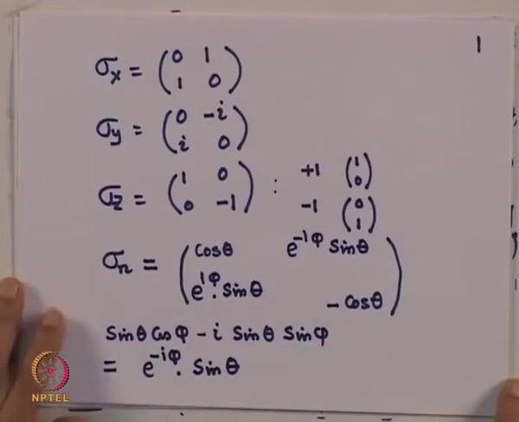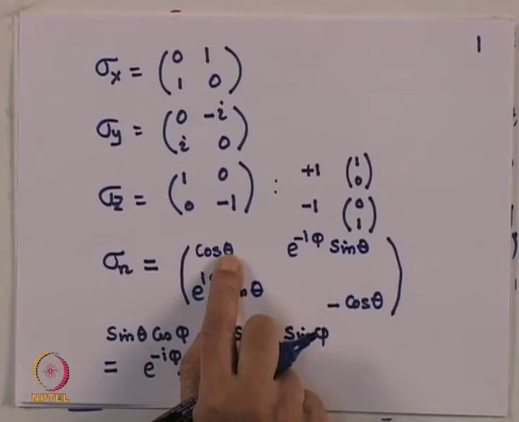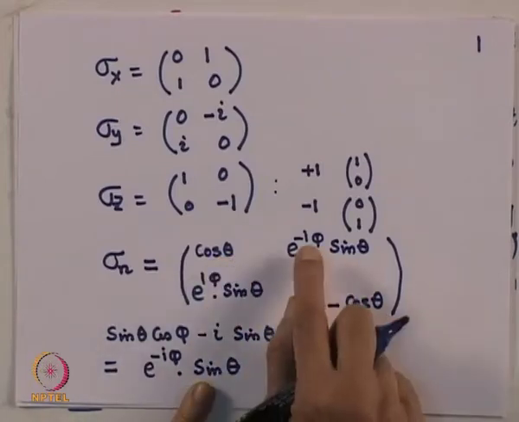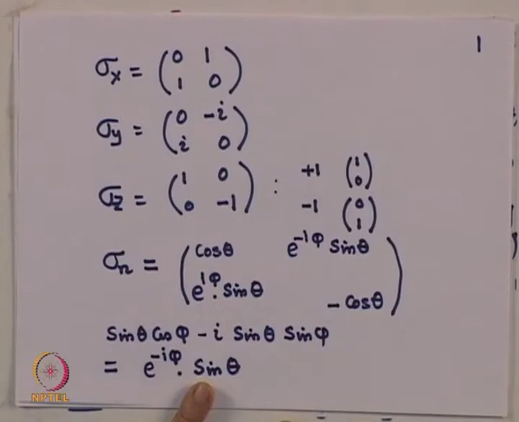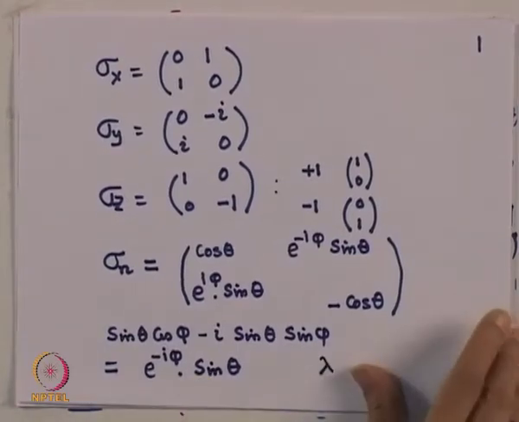Now it's very trivial to find out what the eigenvalues and the eigenvectors of this matrix are. Eigenvalue, as you know, you have to simply find out the secular matrix, which is lambda minus cos theta here, lambda plus cos theta there, and of course these two elements just become negative, and then you find the determinant and put it equal to 0. If you do that, you get the value of lambda, that is the eigenvalue, to be equal to plus or minus 1. Which is not surprising actually.